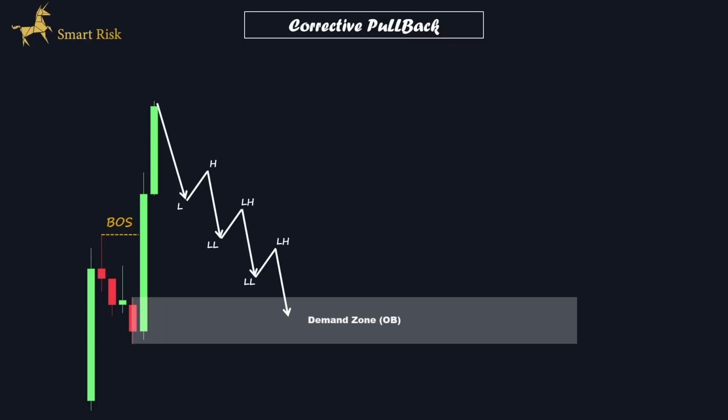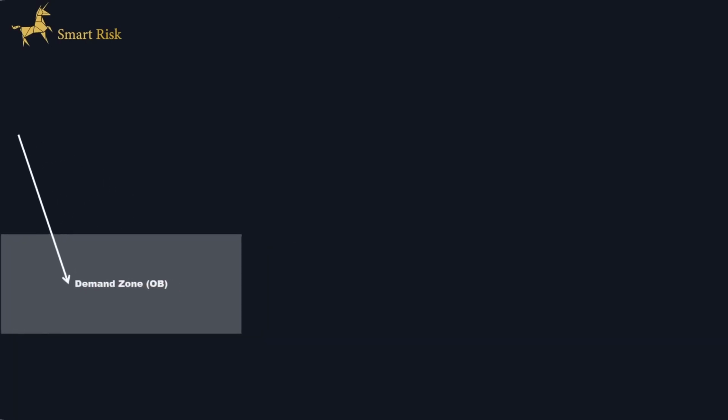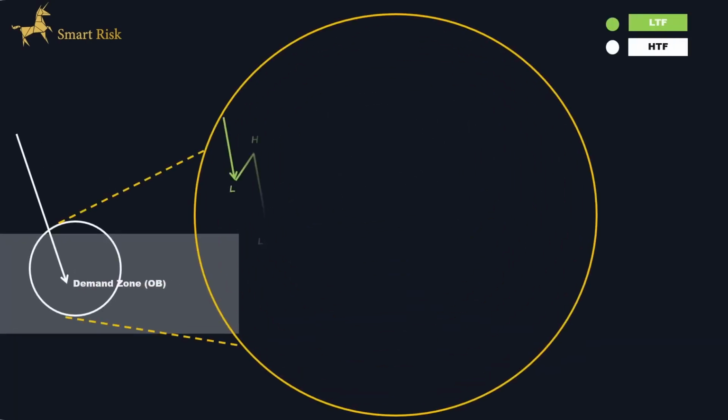For example, in this case, we can place a buy limit order at the highest point of our identified order block and wait for the price to activate it. Or we can implement a more conservative manner by waiting for price to tap into our identified zone and then zoom into a lower time frame to search for any sign of change of character or reversal patterns to confirm a